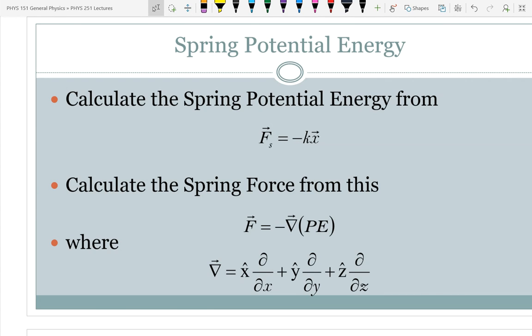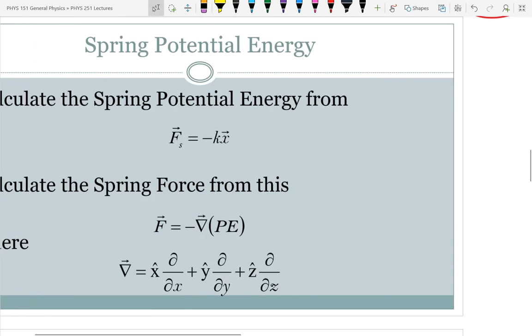Now, you should have done this in class, but you did it without calculus. You did it with a graph and calculating the area under the graph, right? That's something that should have been done last week. Okay, so we're going to calculate the spring potential energy. So we have potential energy change is equal to minus the work is equal to the integral from A to B of my force